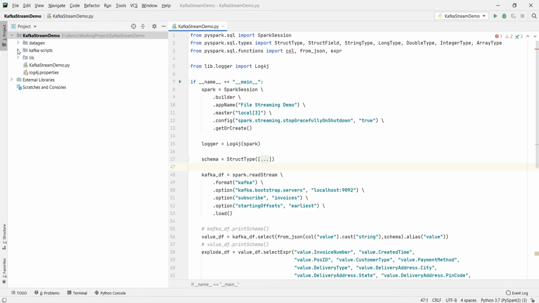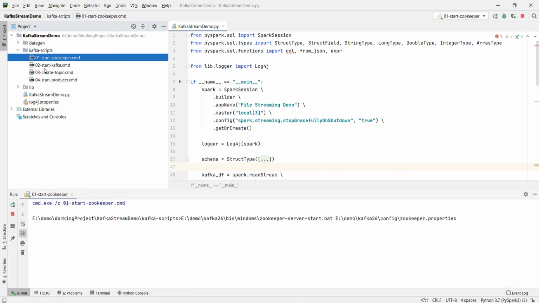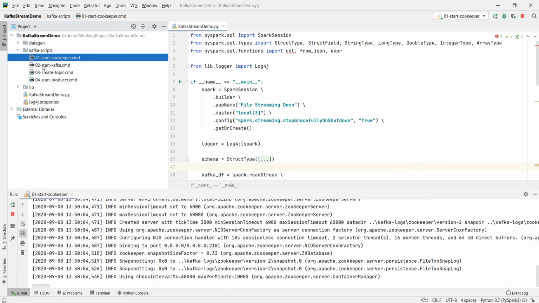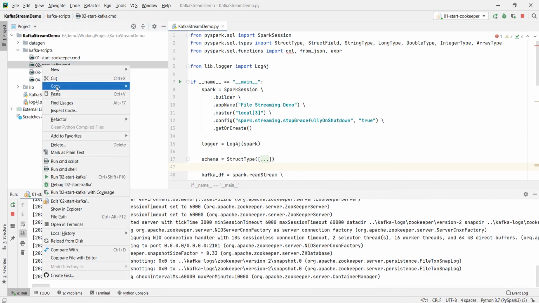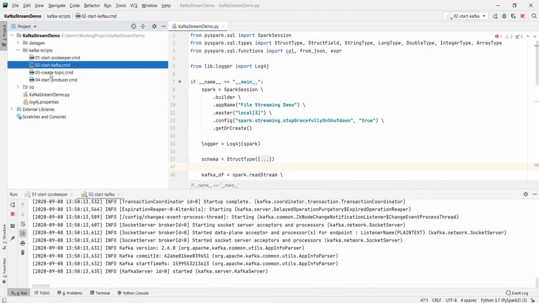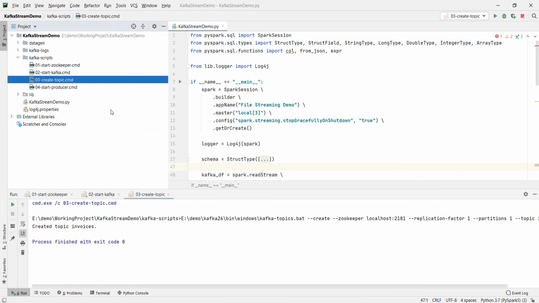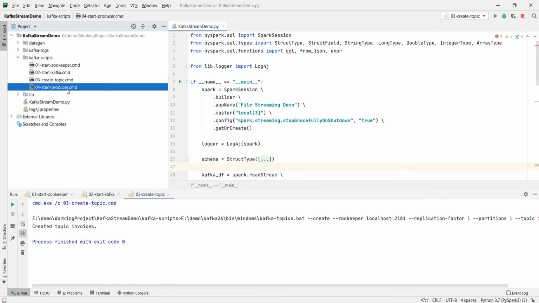So let's start the Kafka once again. But this time, I'm not starting the producer.